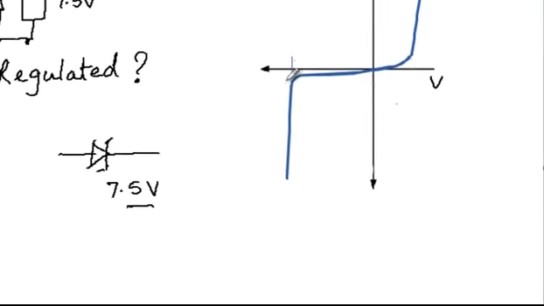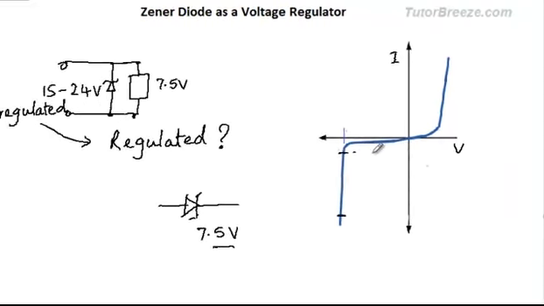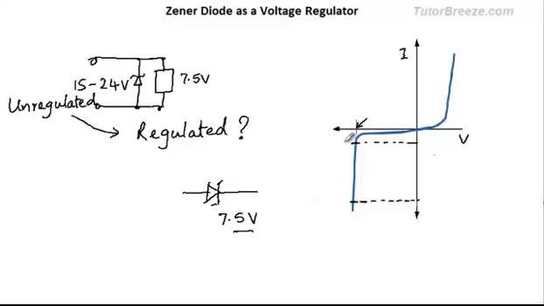You can see that this is the constant voltage across the Zener that does not change even if the current through the Zener varies over a fairly wide range, say from about this value to this over here. Now see on the graph I have marked two values of the current between which the Zener is operated. This is the range. This value over here is called the knee current.